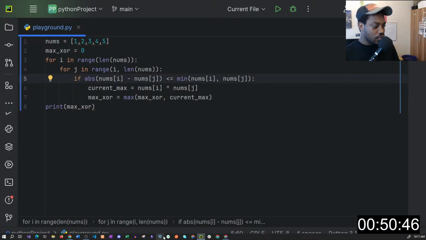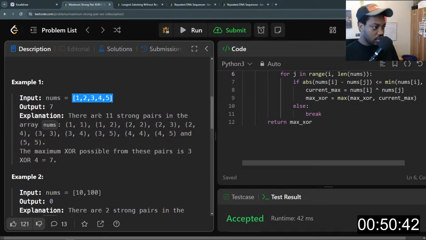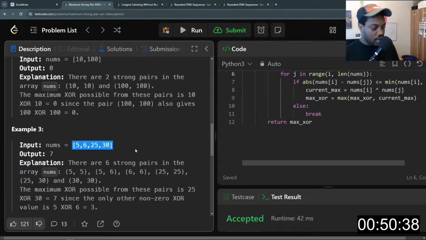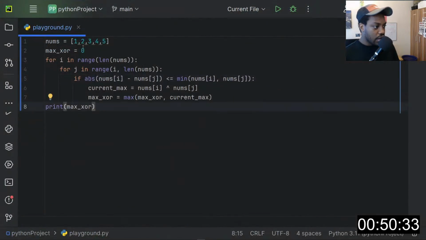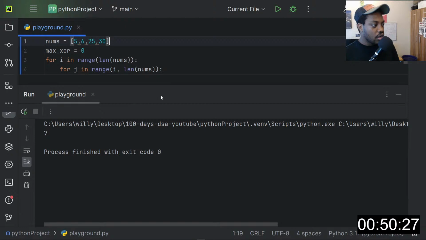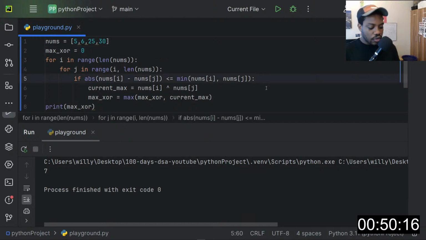So let me see, which example can I use now? Let me just check which one of these. I'll just go ahead and use this one. So let's run this again. Now this is 7, right? But the point here is that this will compute for every other value in the array, right? So let me show you what I meant by that. I will just print